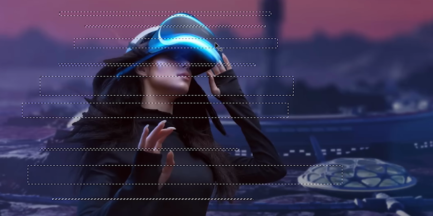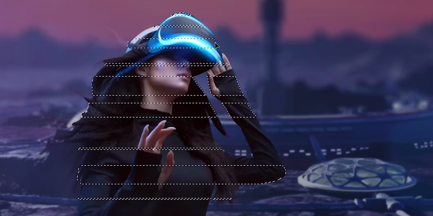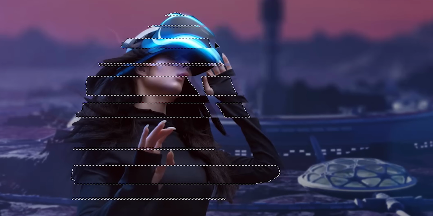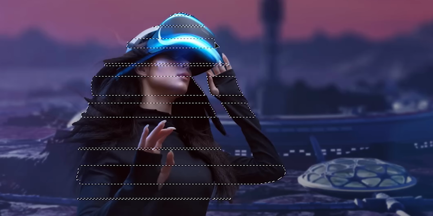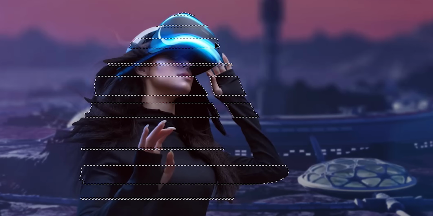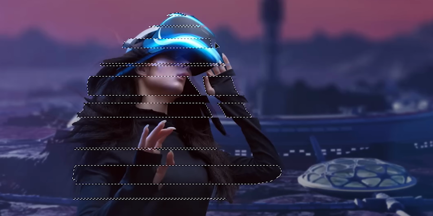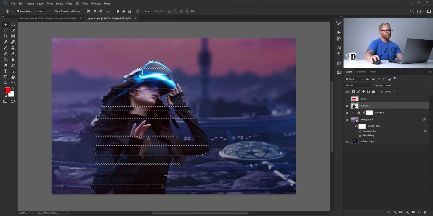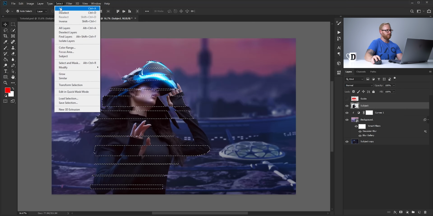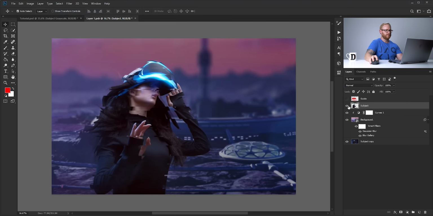And then what you can do is use the left and right arrow keys on your keyboard, and you can move your subject out of line in those selected areas. So we're kind of creating our own glitch effect. So I could do that like so, and just deselect that. And essentially we've gone from